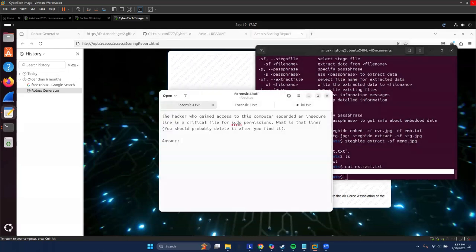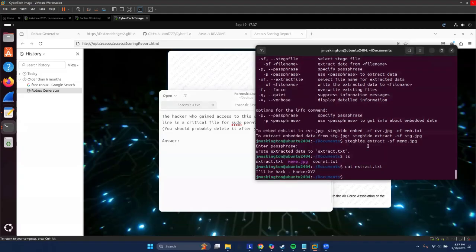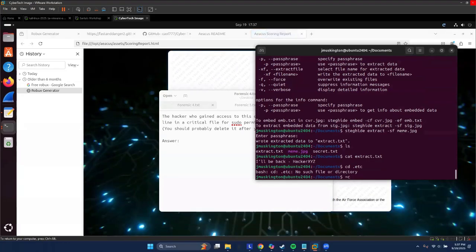And this one says the hacker who gained access to the computer appended an insecure line into a critical file for sudo permissions. So in /etc, there's a file called sudoers, which is very important that you secure because if you don't,